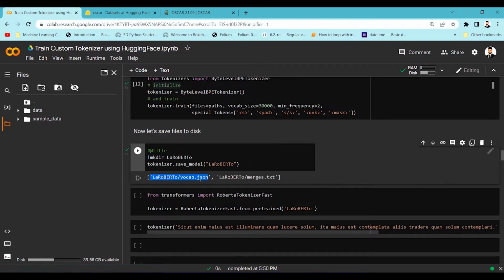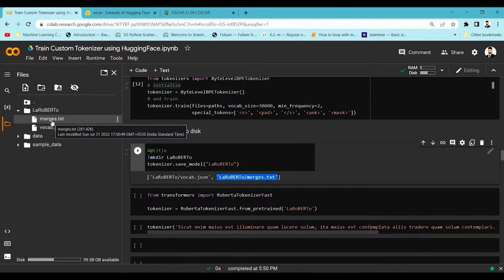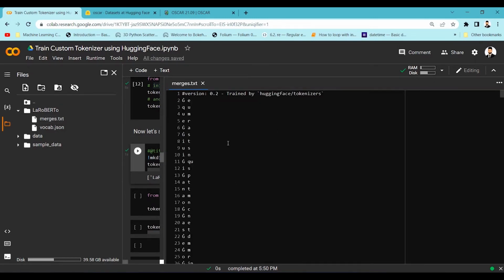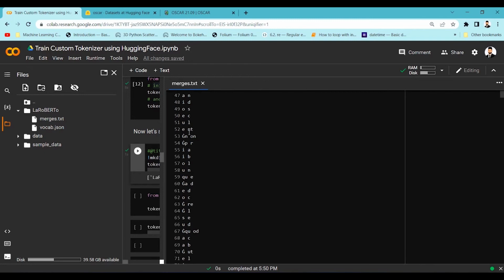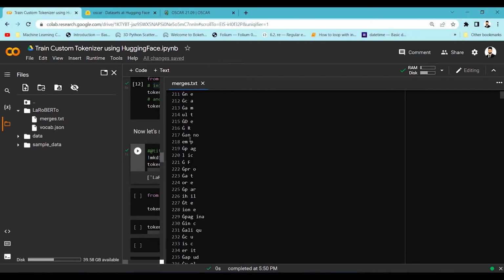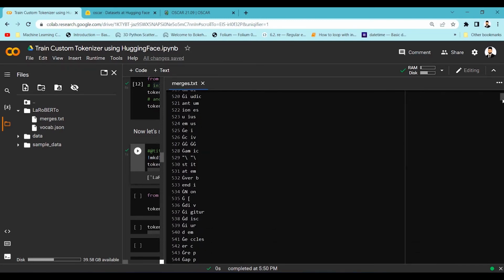It has created a vocab.json, and it has also created a merges.txt file. So let me just visualize this. What are the things available here? If you go into this LA Roberto tokenizer model, you can see that it has produced all kinds of tokenizer files. You can see all the kinds of tokens and words that are split and formed while using this particular tokenizer. So if you scroll down,